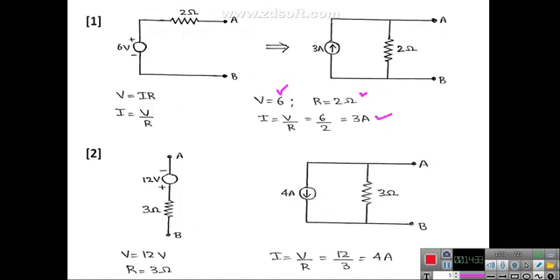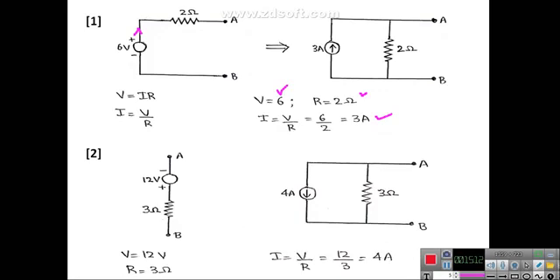Now you can just mark the current I. The direction of the current depends upon the polarity of the voltage source. Usually the current delivered by the source is in this direction. Therefore the direction of the current depends upon the polarity of the voltage source. So this is the direction of the current, and whatever the resistance in series with the voltage source should be connected in parallel with that current source. That is how you need to convert this voltage source in series with the resistance into current source in parallel with the resistance. This is a simple example.